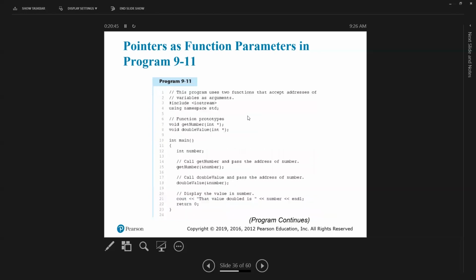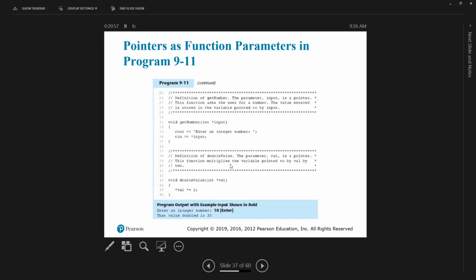Okay, so if you go back here, you have a reference to number here whenever you call that. So you're passing in that pointer, that reference to number. I'm sorry, it's on two separate slides. And then this one also takes in